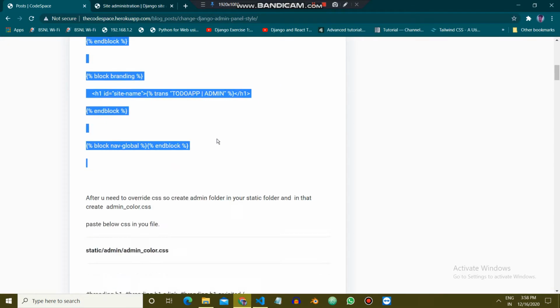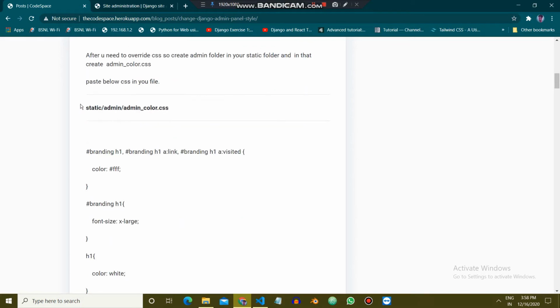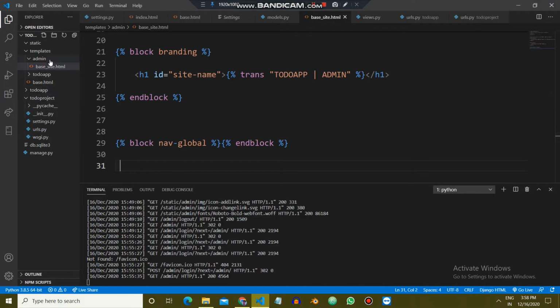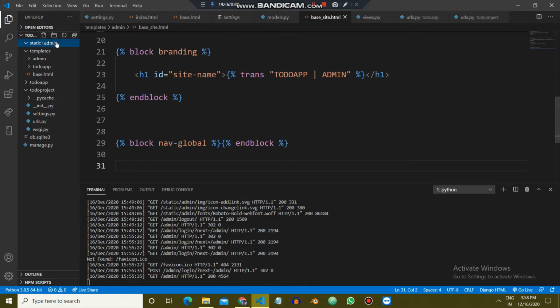Now after that you need to override the CSS also. So let me create one folder admin in the CSS static folder. In static I'll create a new folder which will be admin. And in admin I'll create one CSS file which will be admin_css.